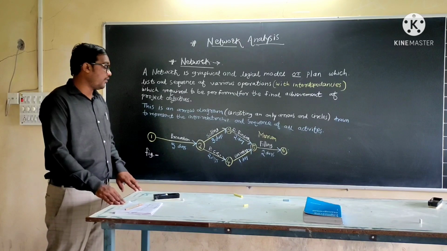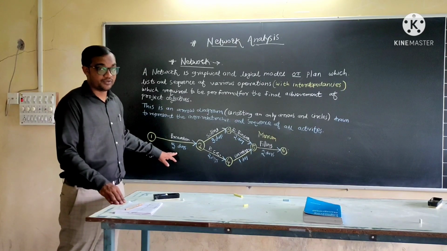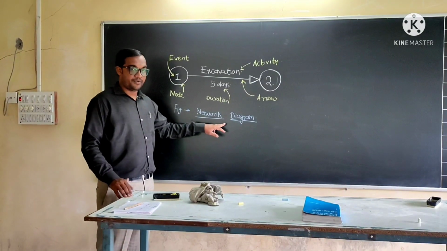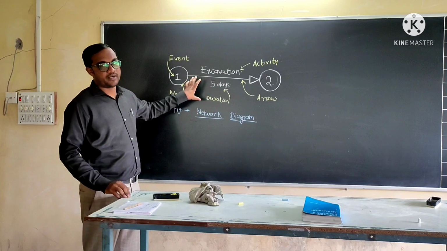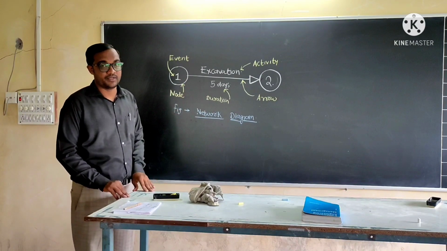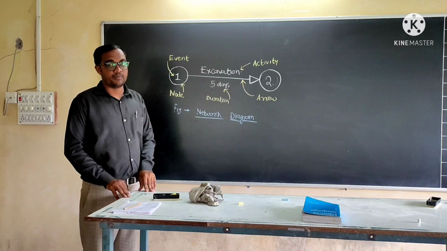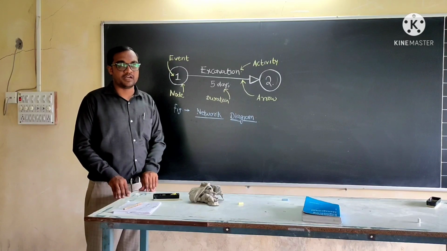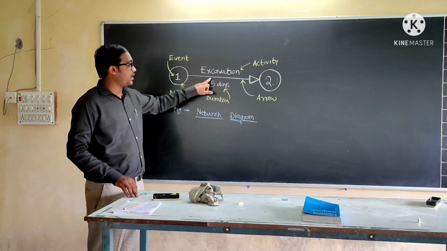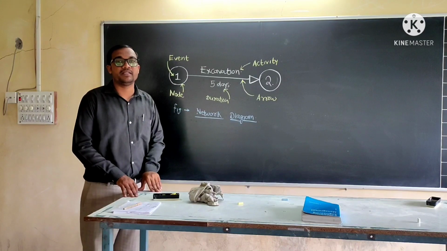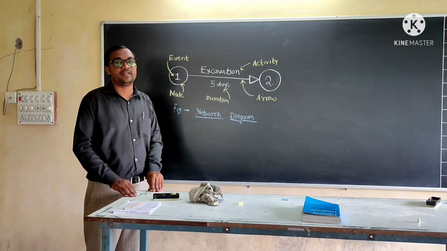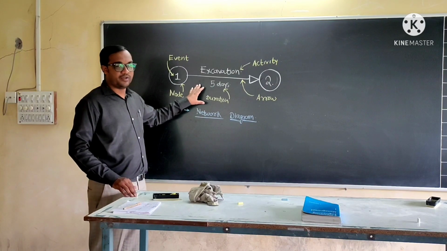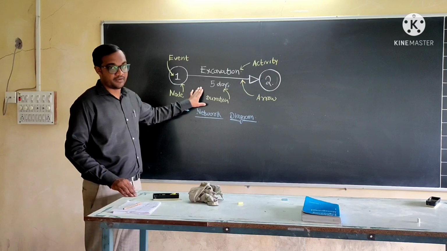We will see in detail the different constituent parts of this network diagram. This network diagram is in front of you. This is a short network diagram which shows its constituent parts. Let us see what the different constituent parts of this network diagram are. As we already saw, a network diagram consists of circles and arrows, which show the interdependencies and sequence of all the activities in the project. This is also a short network diagram, only for your reference to know the constituent parts.